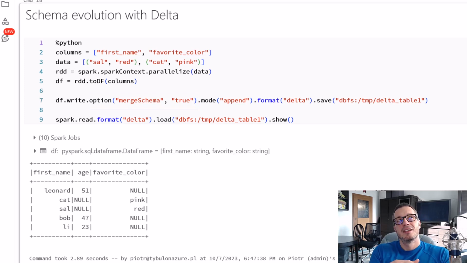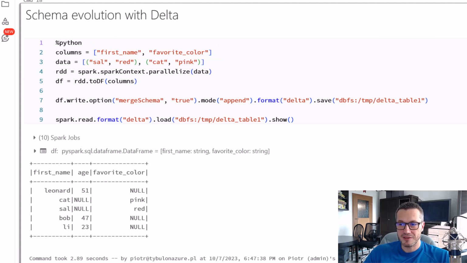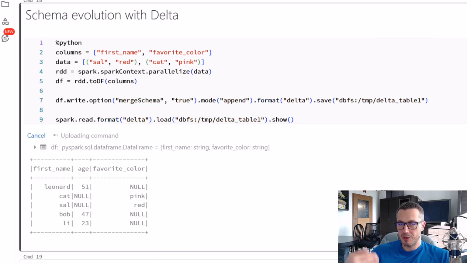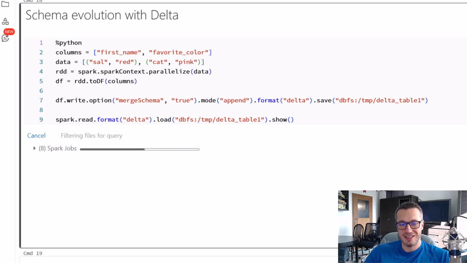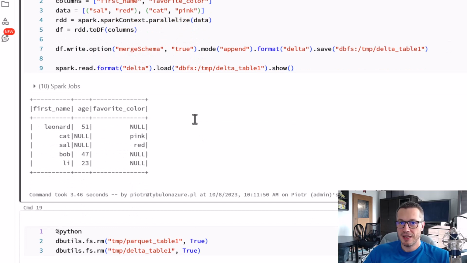And that's the same query that failed previously, as we are adding this dataset with first name and favorite color columns to a dataset that had age as a column instead of favorite color. Previously it failed, but now when we explicitly instructed Delta to merge our schemas, it succeeded, and it gracefully merged